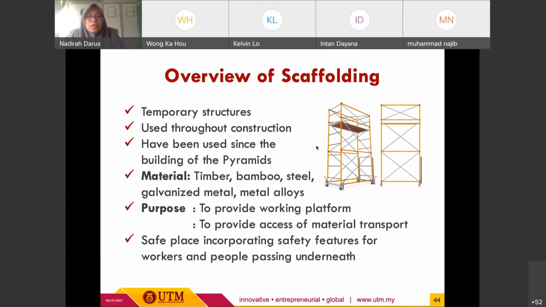Maksudnya penggunaan scaffolding, kita kena consider any required safety features for the workers themselves, and also for the workers yang ada perlu lalu dekat bawah ni. So kebanyakannya kalau untuk ketinggian yang ni